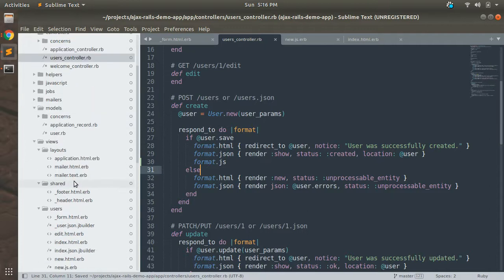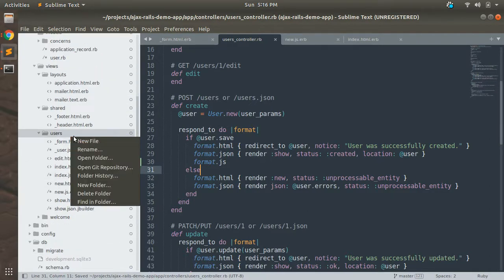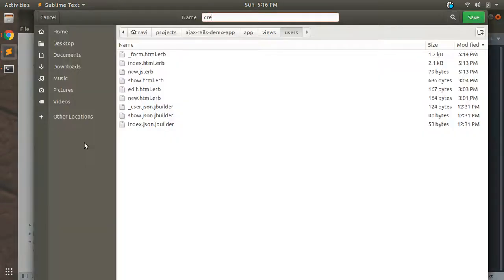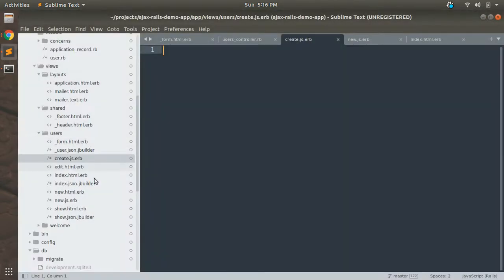Now we need to create a create.js.erb. Let's create that. So here we created our file.